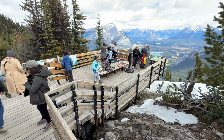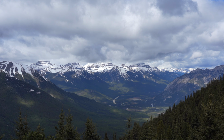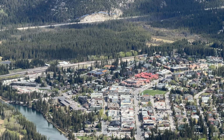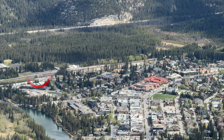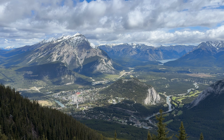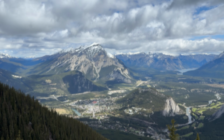From the top, you can see everything. From the Bow Valley stretching west towards Lake Louise, the entire Banff town site, and the train station that we were just at less than an hour ago. You can also see Cascade Mountain stealing the spotlight, towering over everything, and even Tunnel Mountain, which was actually named